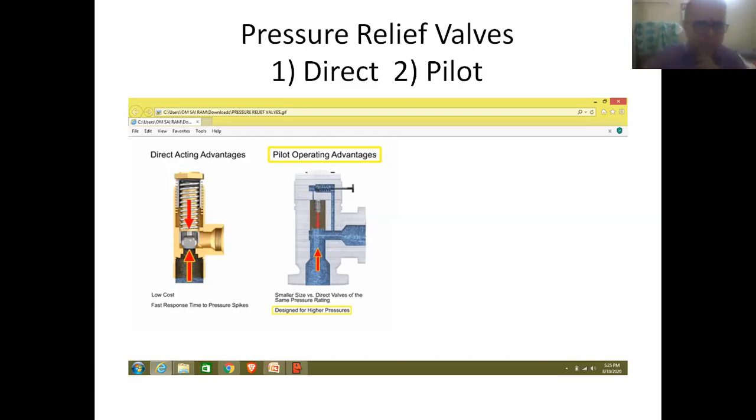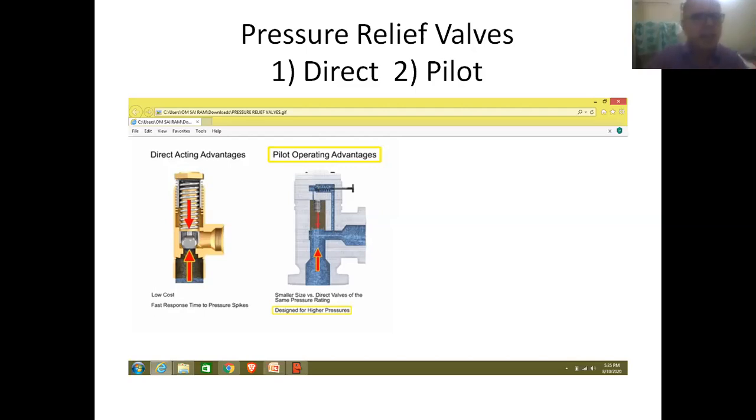And friends, lastly, in the case of a direct relief valve, sometimes poppets are used as shown in the first figure. Poppets are used for operating the valve. A poppet is a very light element, so it can be used for performing light duty operations.